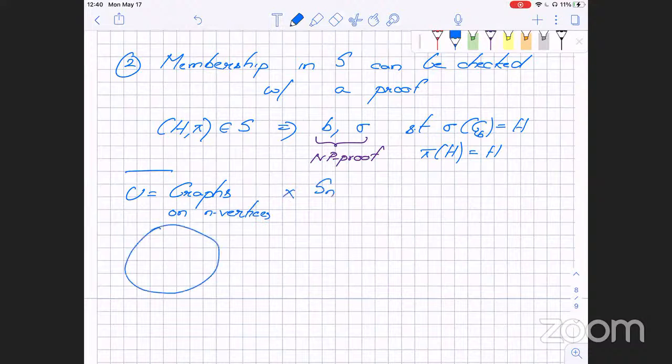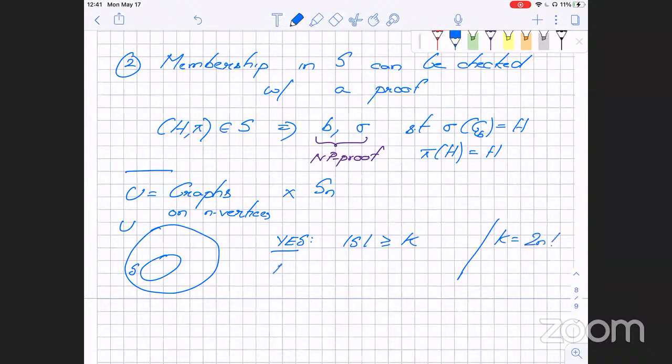That's the universe which I have. S is some set over here. In the yes case, what we know is |S| is greater than or equal to K. Let's define K to be equal to 2 n factorial. And in the no case, |S| is less than or equal to K by